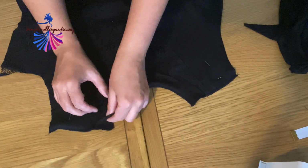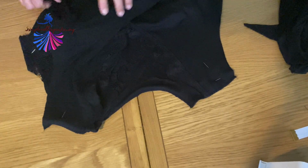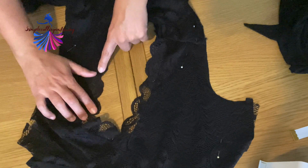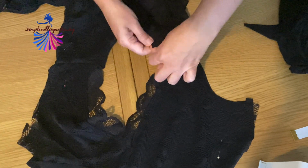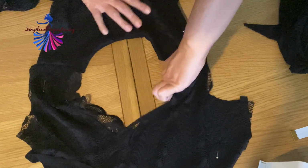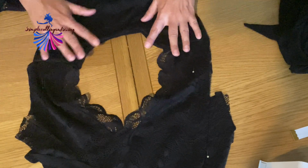Now I have attached the shoulders, and this lining I am turning outside. This is the front part and this is the back part. Simply fold the lining outward, and then we will use our sewing machine to fix this lining from the back